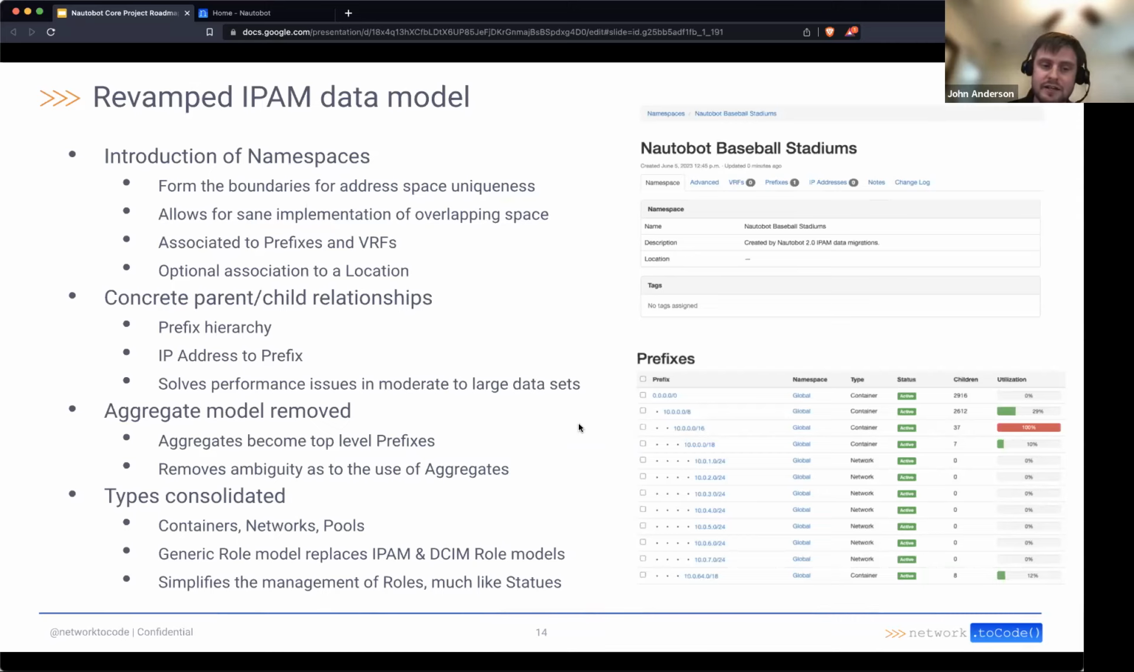Types are being consolidated a bit here. So containers and networks and pools are what we're going to have. Containers can have children, and the networks would be those subnets that are actually deployed on your network. Those are the things that are actually configured on interfaces, right? And then containers are typically used for sub-allocations or just pure documentation purposes, right? And then pools would be for saying that all the IP addresses within that network are usable, DHCP